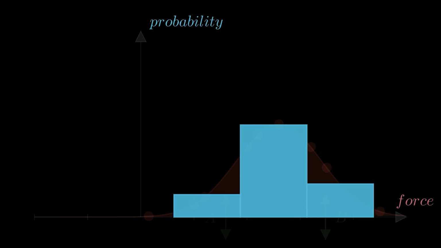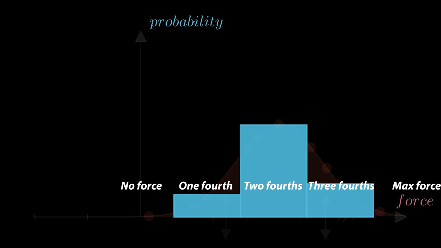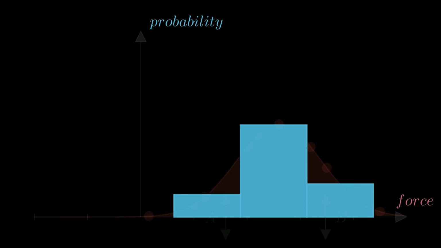So right now we have 3 possibilities. We can throw it with 1/4 of the force, 2/4, and 3/4. Now, each of these forces has its very own probability of the ball making it in. For the first one, it's 12%, for the second, it's 50%, and for the third one, it's 17%. Now, what's the total probability of the ball making it in after we pick one of these 3 forces at random? Boy, that's a mouthful.